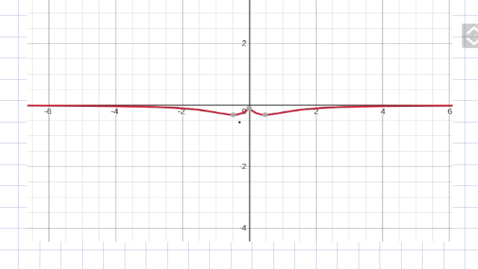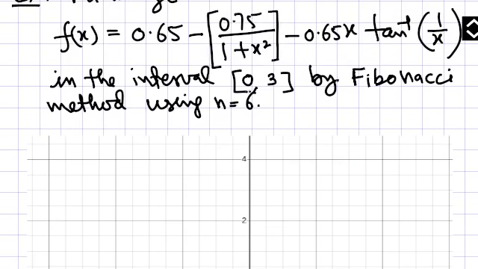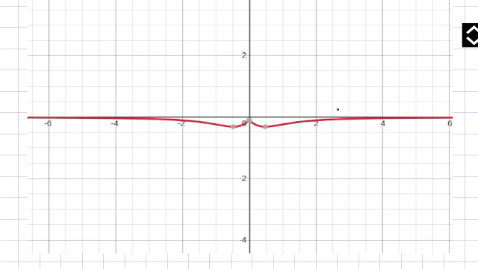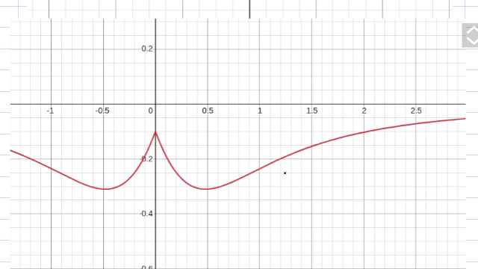Actually it has 2 minima, but we have been told to concentrate on the interval 0 to 3, up to this point. In this range you have to decide in which interval this minimum is falling. And if I zoom on it, you will find this is the zoom I have made.